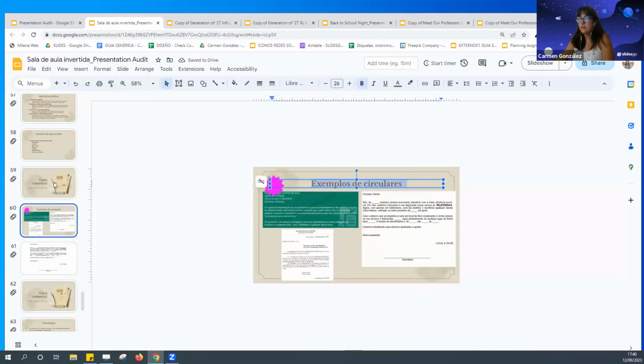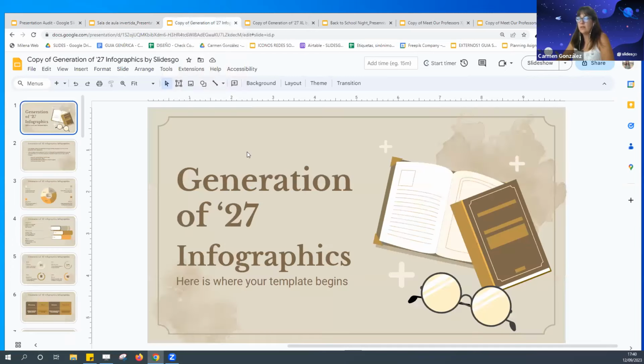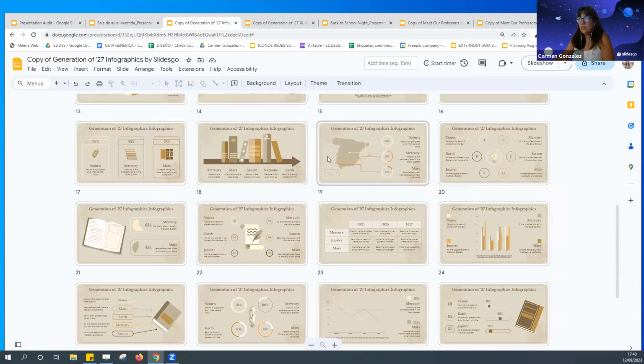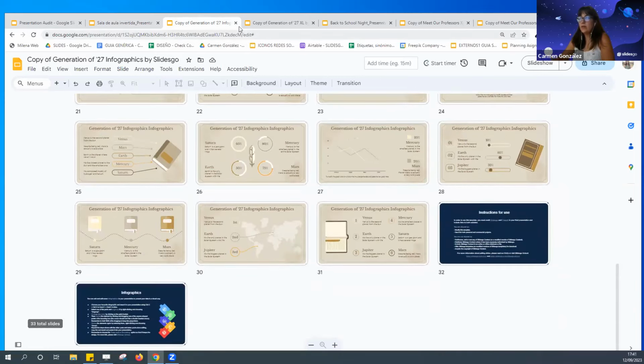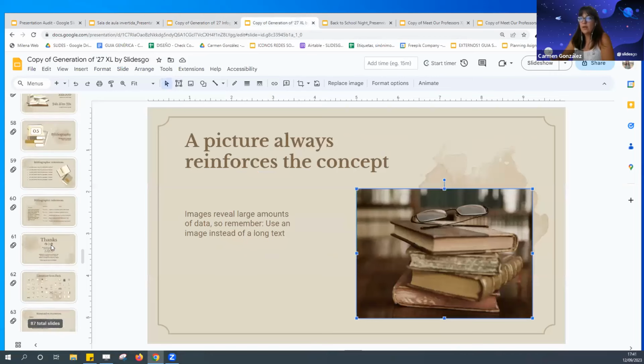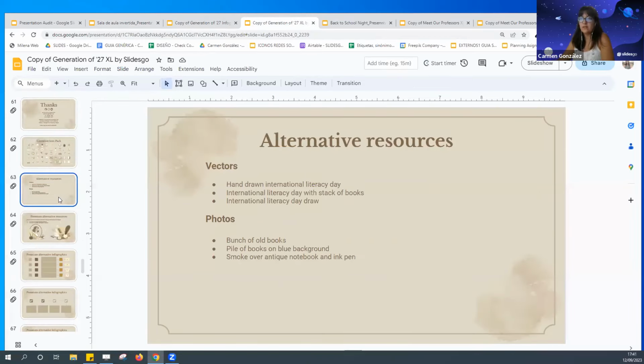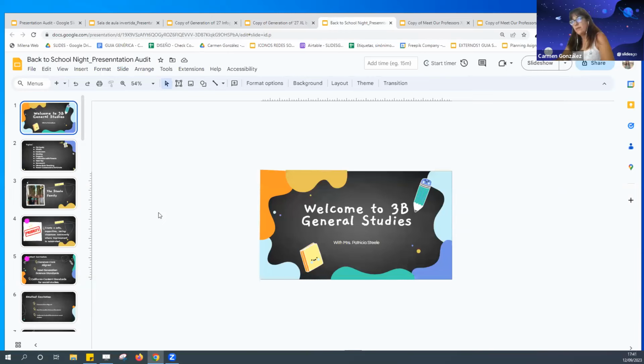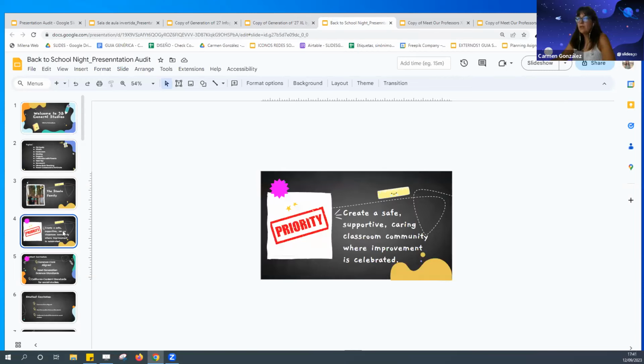The great thing about our presentation is that sometimes you can find matching presentations like this one, that has its own infographic presentation. So it means that we have more content with the same style. But as well, as I was saying at the beginning, we always leave 1 slide where we have alternative resources. So now we are going to go through the second one. This style is completely different, but you can see how the things I'm going to explain over here are kind of the same. So here, same as I was talking earlier, I have added a picture, or I have